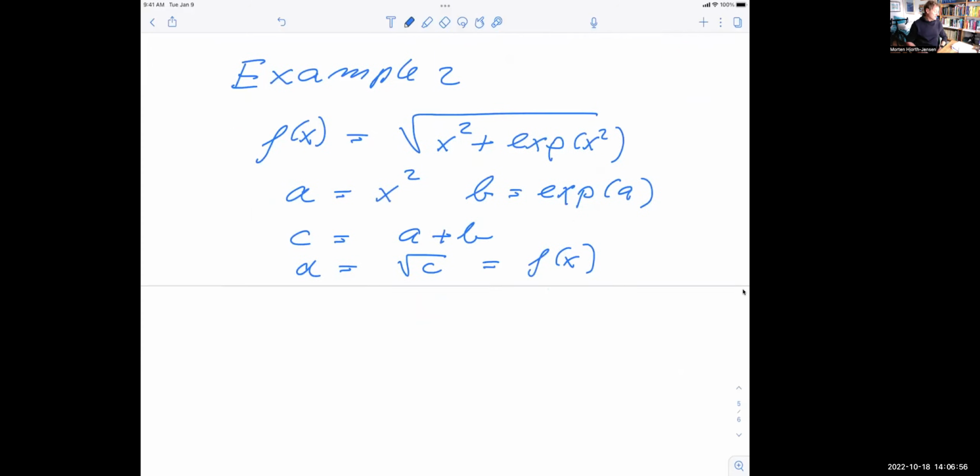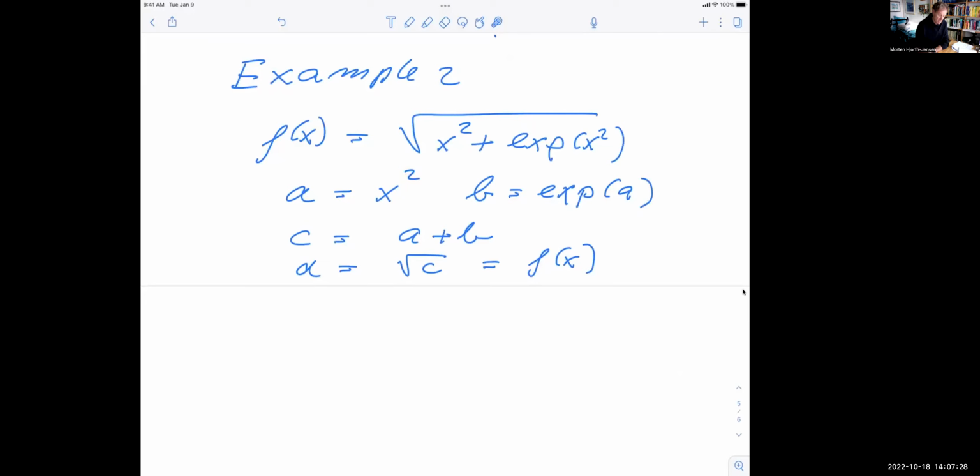So if you now look at the quantities which we have here, what we end up with is something which contains fewer floating point operations. If we define this quantity a, this is just one floating point operation. We define this quantity b, that's another floating point operation. And then we have a plus b, so that is the plus sign here, which gives us 3 floating